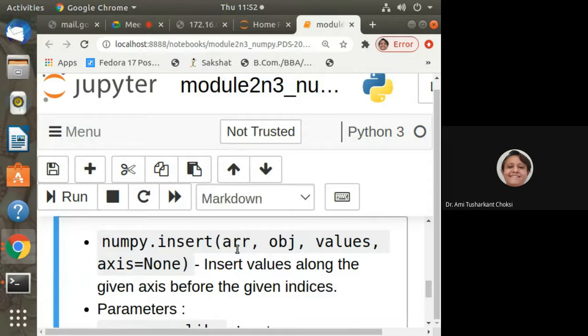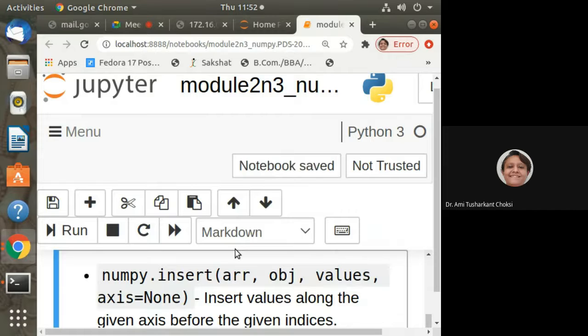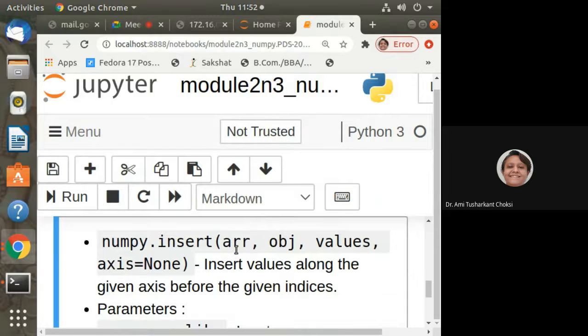Just now you may feel like, why are we doing all these things? But for typical operations and particular applications, it will be useful to us. First of all, we should learn what functions are available, then we can apply them for those applications. And how will you apply that?